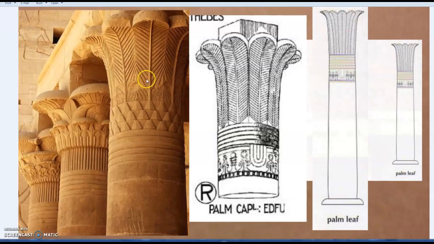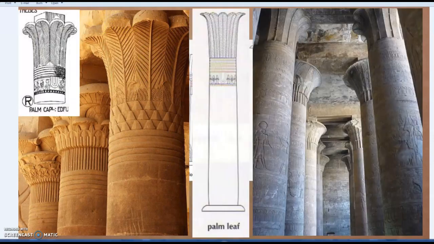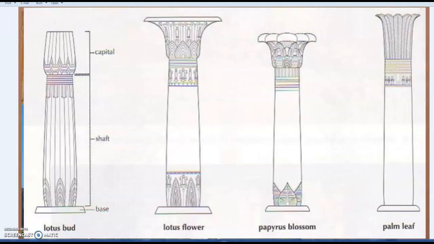So we see a palm leaf capital, and you even see the palm nuts in there as well. And there's another, so we see the papyrus, but also the palm leaf. I think this is at Edfu, or anyway, but again the palm leaf is just one of the traditional designs. Now, because capitals tell you where you are, there are some illustrations of the main forms: the lotus, the papyrus,